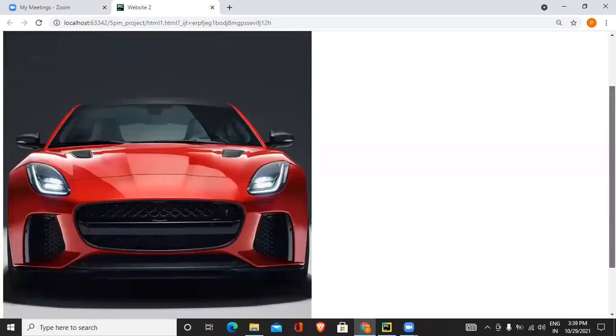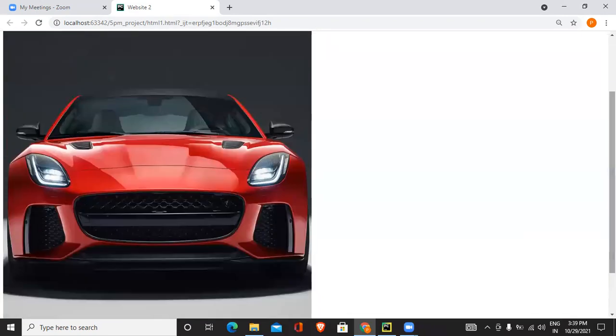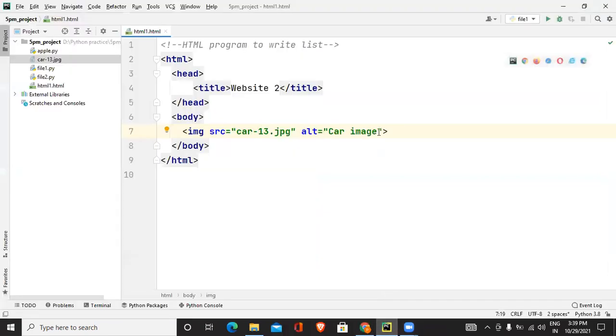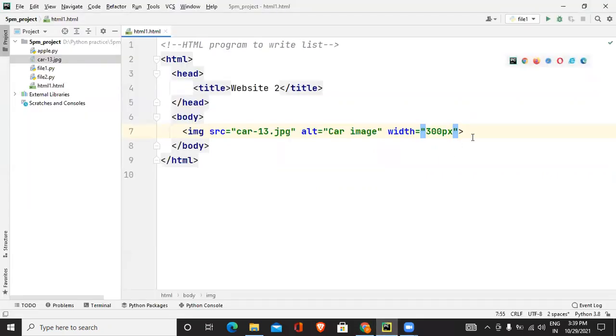Now the height and width of the image is quite big. To decrease it, how can you do it? You can decrease both height and width and I'll show both the concepts. So right here, width equals suppose 300 px. Make sure width should be always in integer format, and at the end px or percentage is compulsory. Mentioning px, that is pixels, or percentage is compulsory. So if you refresh the browser, the actual size of the width will decrease and become 300 px. In the same way, you can decrease the height also.